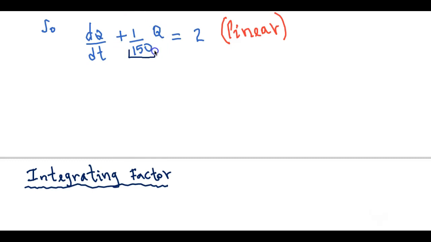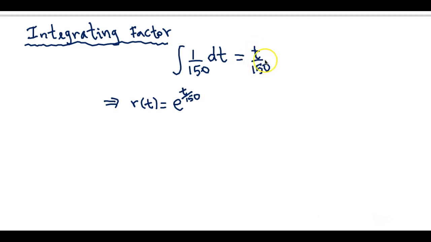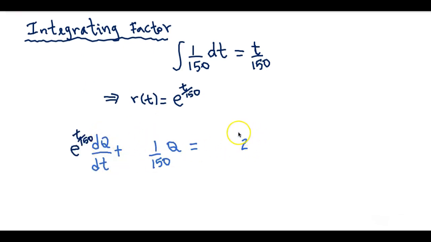Here the coefficient is a constant function of t, so we will compute the integral of 1 over 150 with respect to t. That integral equals t over 150, and then the integrating factor will be the exponential of t over 150. So we go back to the linear differential equation and multiply each term on that linear ODE by the integrating factor,